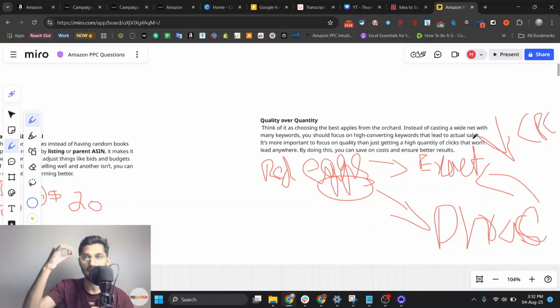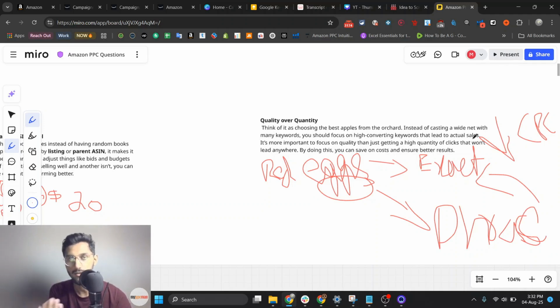So if you have a lower CPC, you can spend a lot more money on that specific keyword in order to start getting conversion. For example, if you have a $1 CPC and a $5 CPC, and you have $20 of budget, where do you want to spend your money? So definitely you will spend it on the $1 CPC keyword, because in order to get a sale, 20 people have to click on the product, and on the $5, 4 people have to click on that keyword, and your campaign will be out of budget.